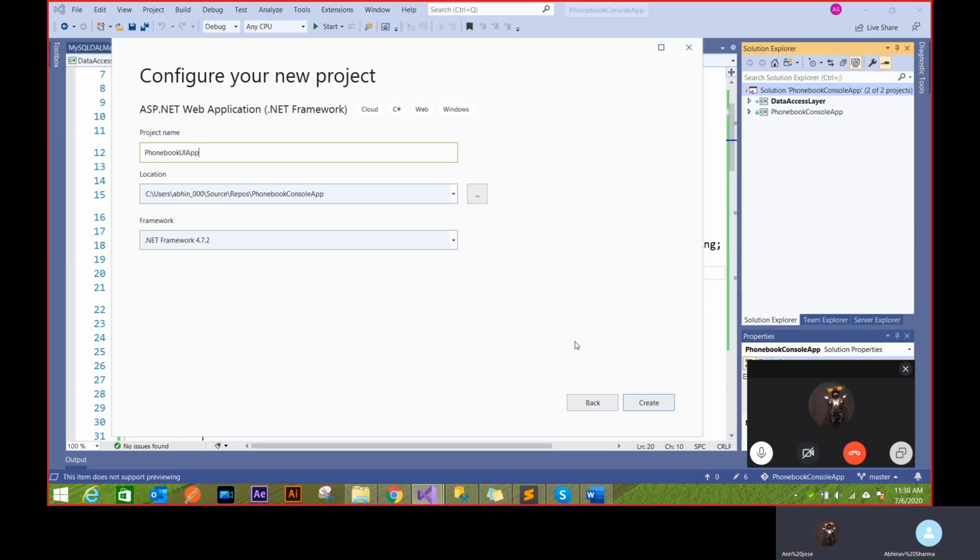The good part of this is all the phone book thing is together in one place. It's like a folder. The folder will have every project together, and you can run those projects individually. So I'll show you this. I'm going to run this UI, and it won't be running the console then. When you press F5, I will be running this UI app only. I'll show you how it's going to work. So when I create it,